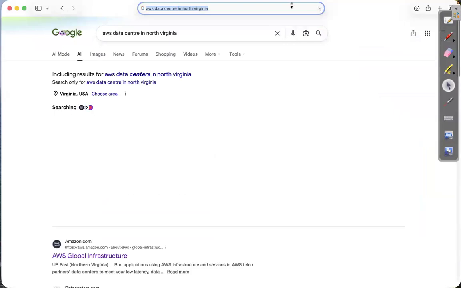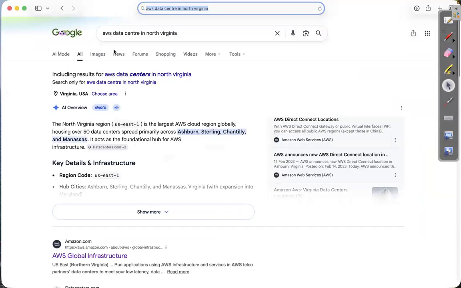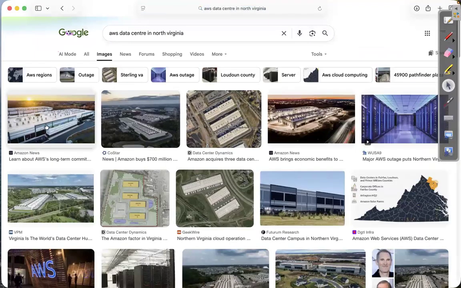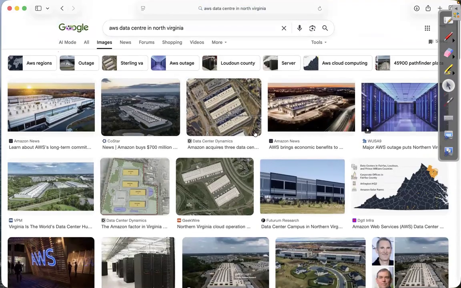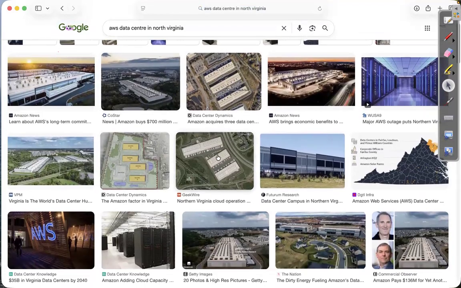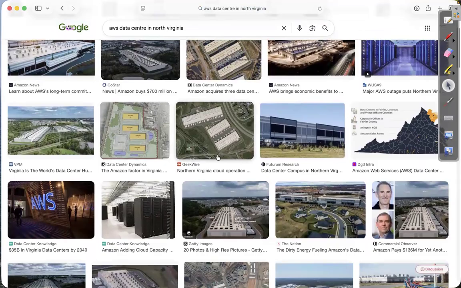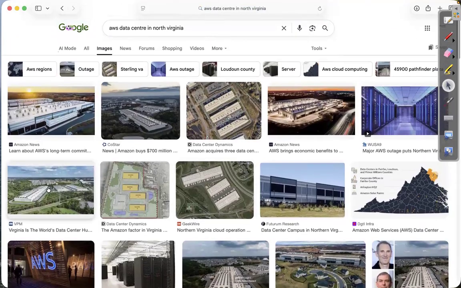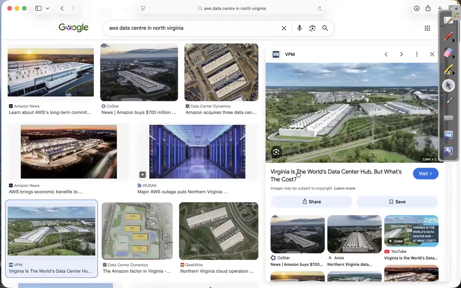Let's take one example. Here, let's see the AWS data center in Virginia. Generally, a data center means an Amazon data center. All these images are showing the North Virginia data center. Virginia is the world's data center hub.